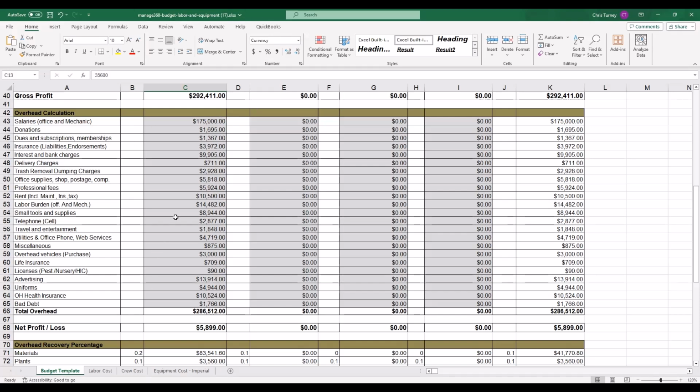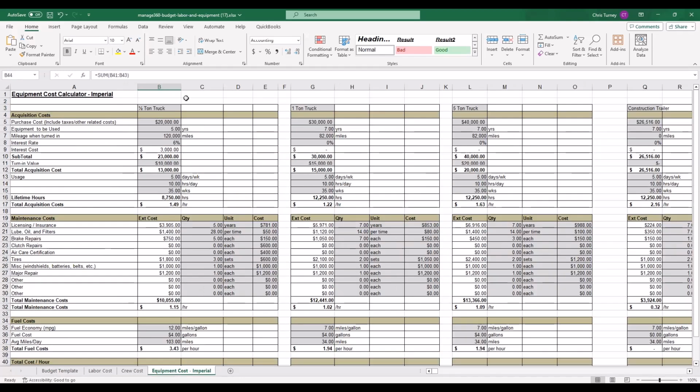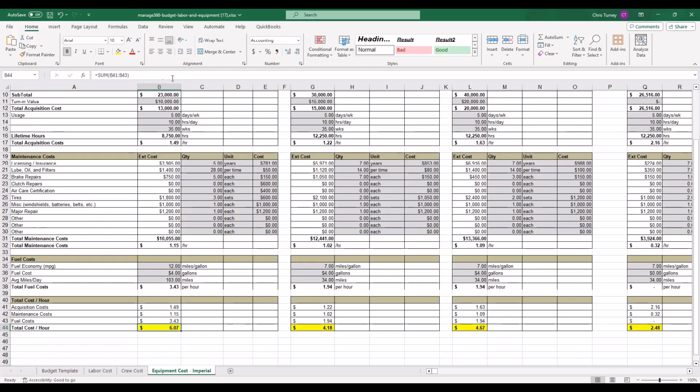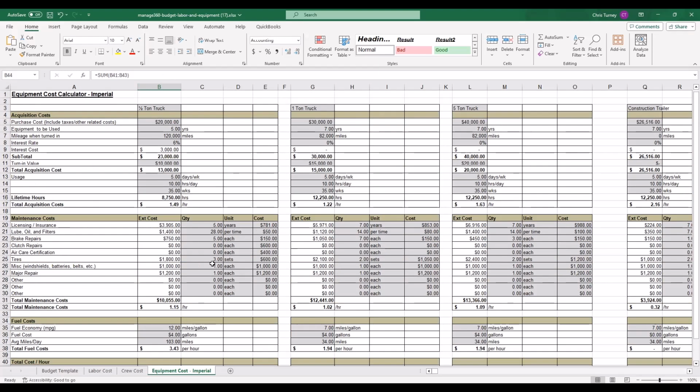The last thing that you might want to go through and review again is going to be your equipment costs. If you did go through this initially when you were setting up Manage360, you probably know that it is a fairly daunting task. There is a lot of information that needs to be entered in. I would not recommend going through this every single year, but if you have purchased some new equipment or it's been a couple years since you've calculated what these costs are, I would recommend doing it again. Potentially your interest rate may have increased, or whatever the case may be,